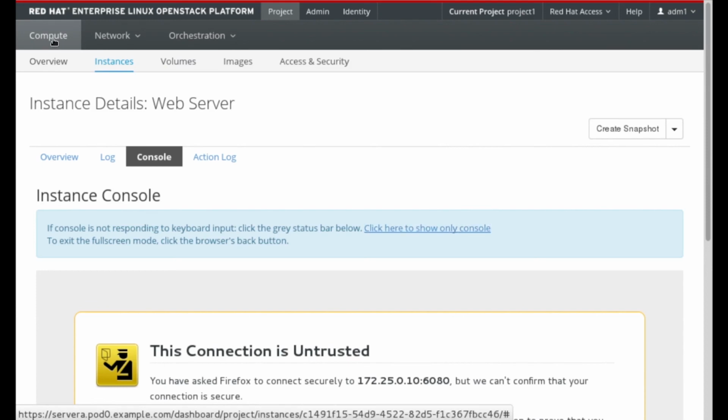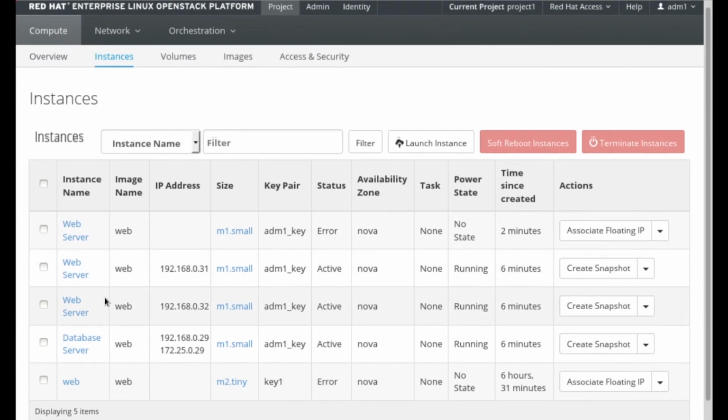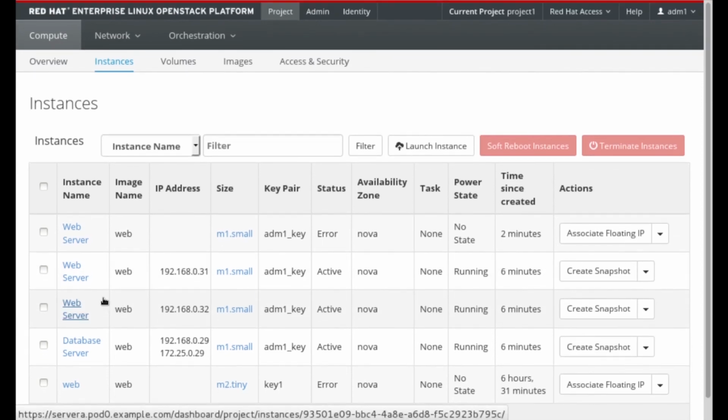And if I go back to my list of instances, I still just see 31 and 32, so I haven't generated enough load to get this concerned. But after a little bit of time, it will launch another instance for me. So this is the idea behind the monitoring of Ceilometer and the orchestration of Heat that will go through